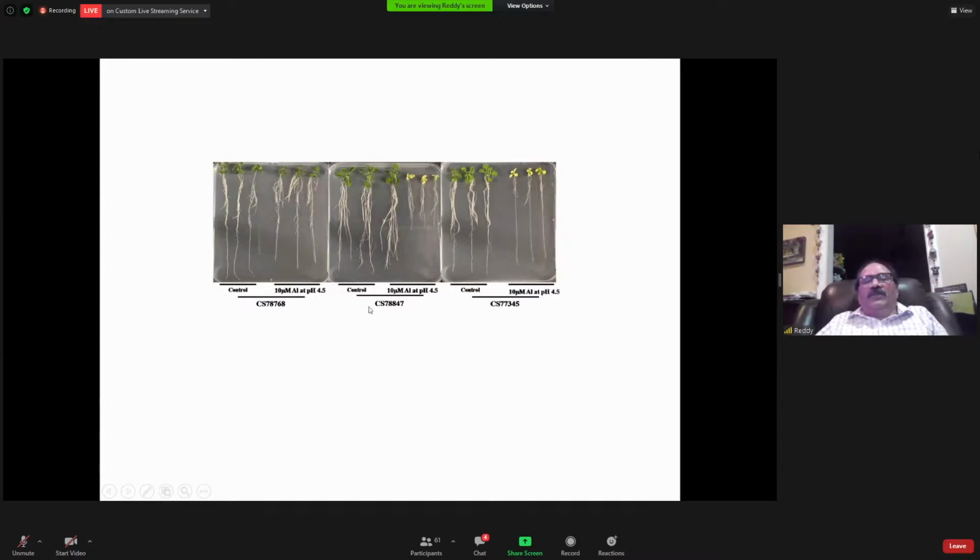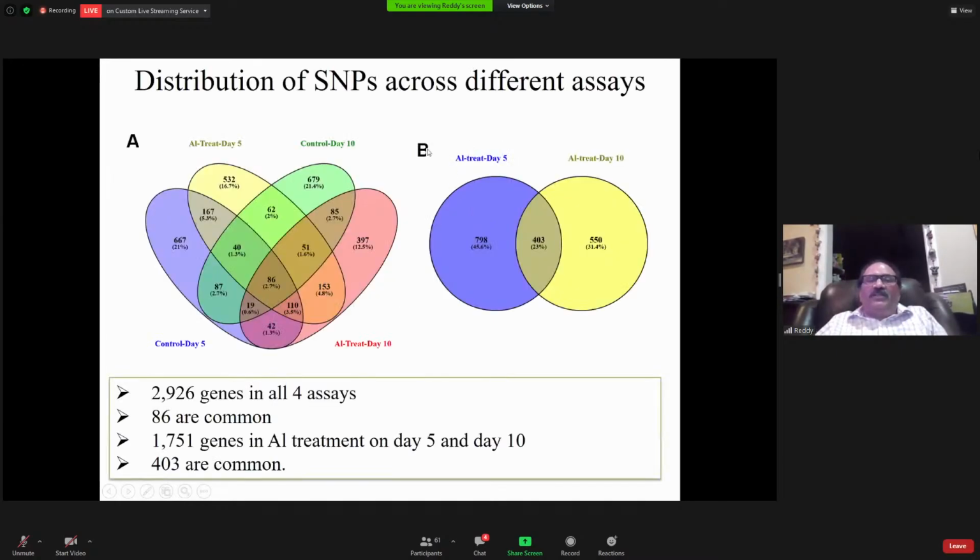These are three different Arabidopsis lines, and you can see the response in the control as well as in low pH conditions and aluminum toxicity. This particular variety has inbuilt resistance, whereas this particular accession, this ecotype, we call it, not variety, ecotype, is really affected a lot in the presence of aluminum and low pH, and this one is moderately affected. So this natural variation exists.